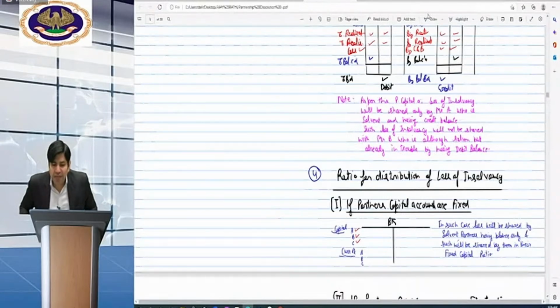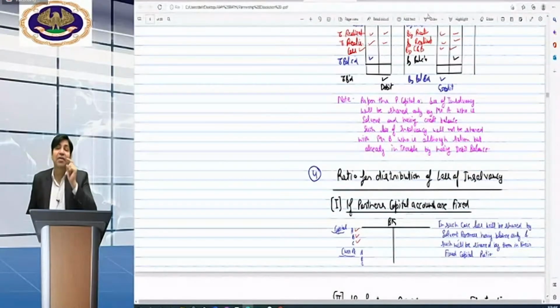If a loan has been given by a relative or partner, then treat them as external. Even if the partner's wife or spouse is there, whether husband or wife, okay, beta, then that has to be treated as external.